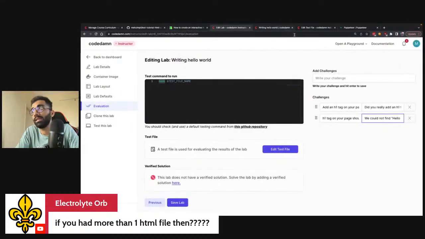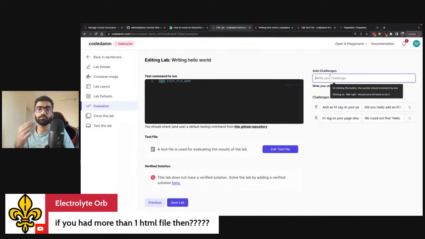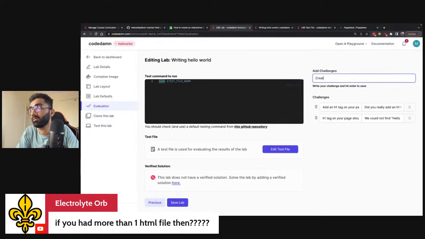Again, this can be made extremely complex if you want. What you can say is create a button which when clicked changes the text inside h1 to by world, right? And you can say give this button an ID of BTN, something like this.